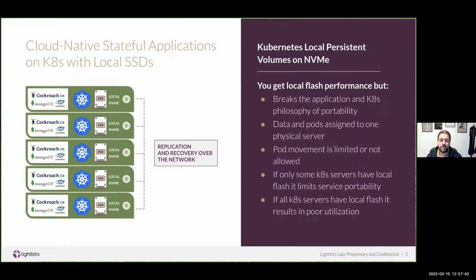I'm going to talk about data access at the speed of LightBits in an open programmable infrastructure world. I'll explain what that means. So to begin with, let's talk a little bit about a standard Kubernetes deployment today,